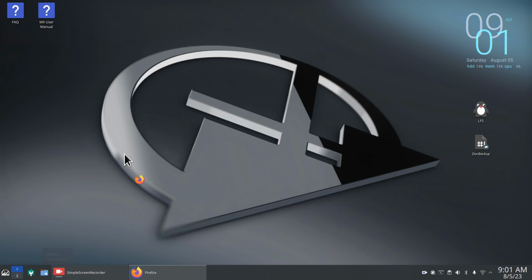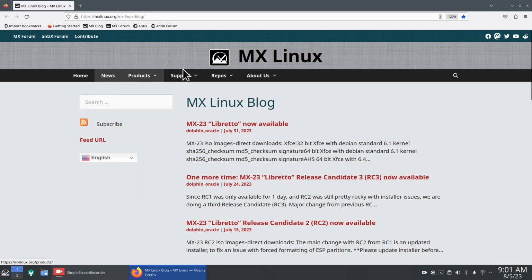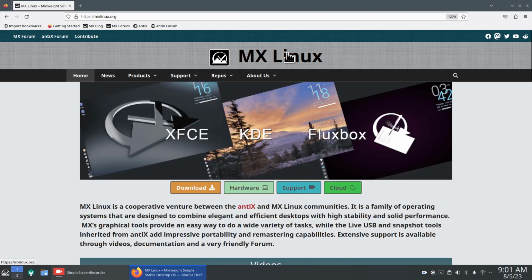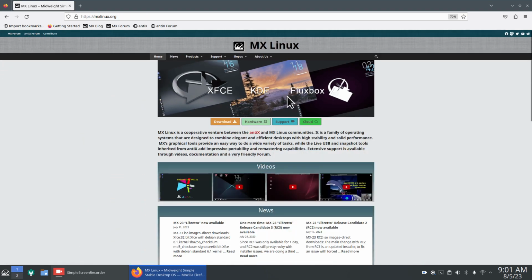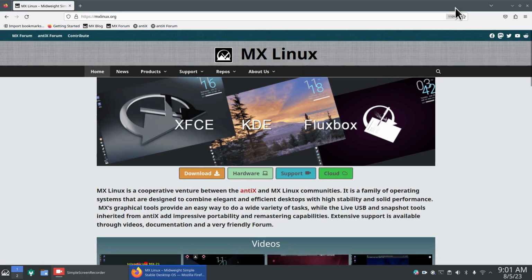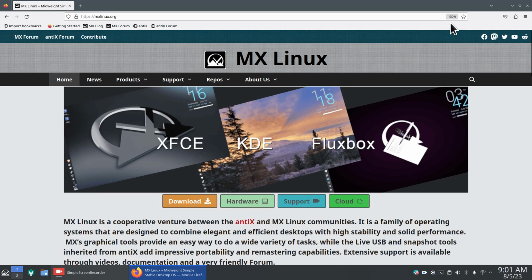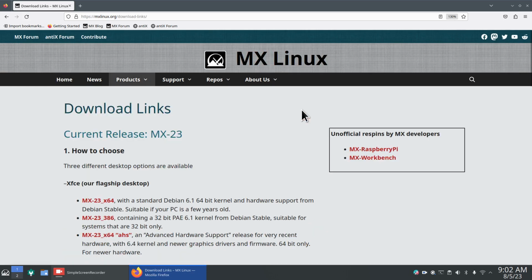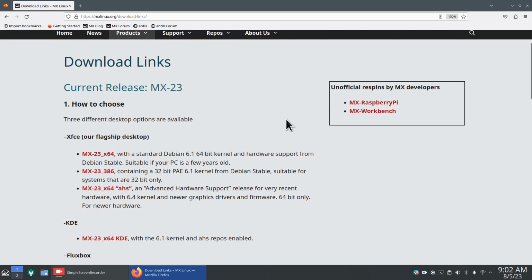Some tips in your web browser. Let's first go visit MX's website. I'll resize stuff on the fly here. I'm also holding down the control key while scrolling to resize this. This is 100%, that's 110, it's 130. I'll leave it here. So if you're not familiar with MX, first of all, the XFCE desktop is their flagship,